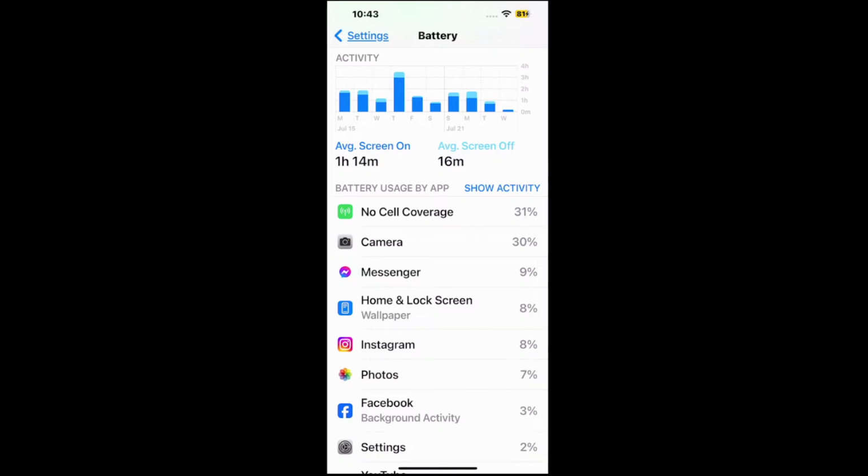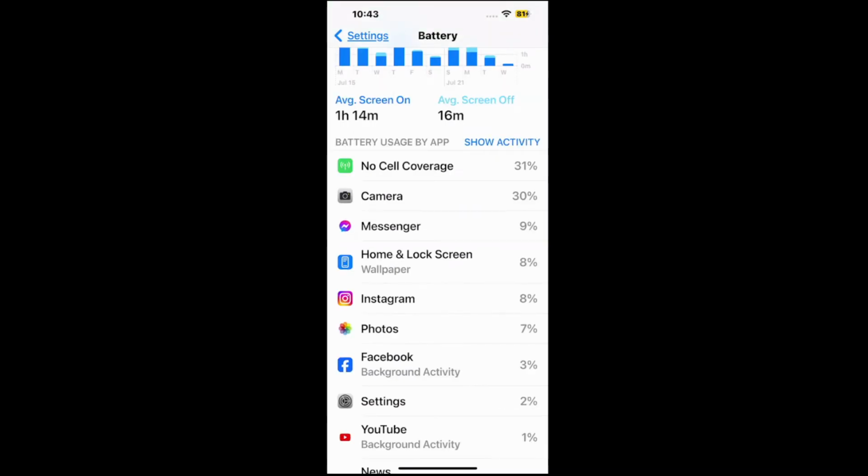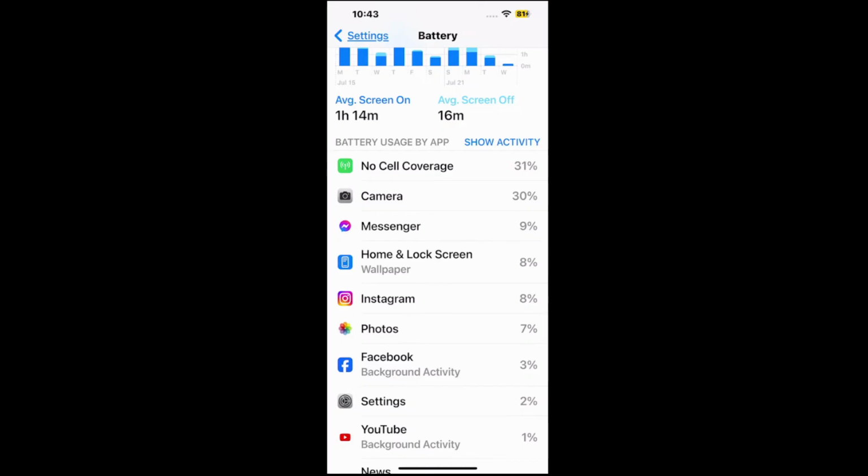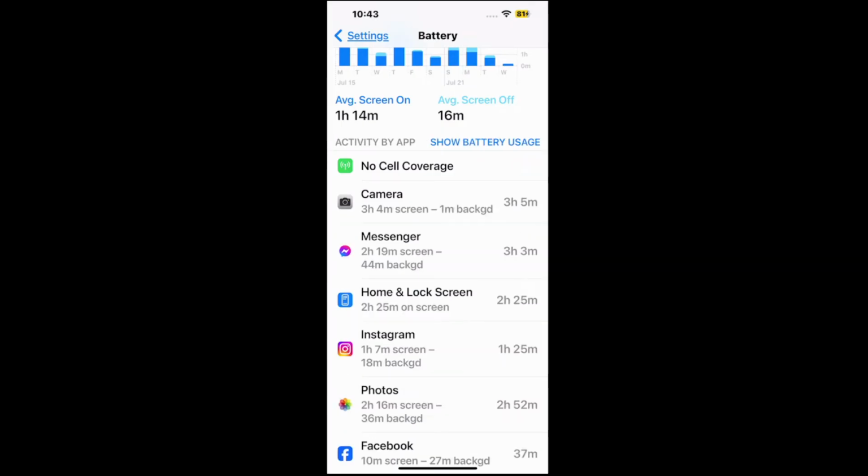So let's click on maybe my camera and see what kind of information it can tell me. And it just says I've used it for 3 hours and 4 minutes. And it's been on 1 minute in the background. What about Messenger? 2 hours and 19 minutes and 44 minutes in the background. So some of these applications are still active in the background, and we can go to show activity or battery